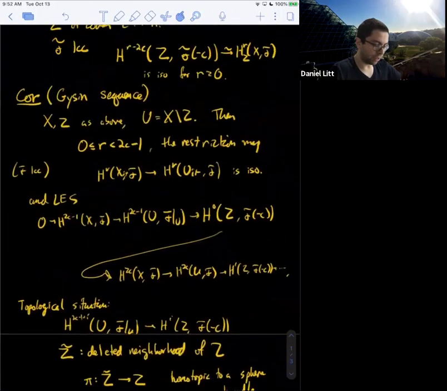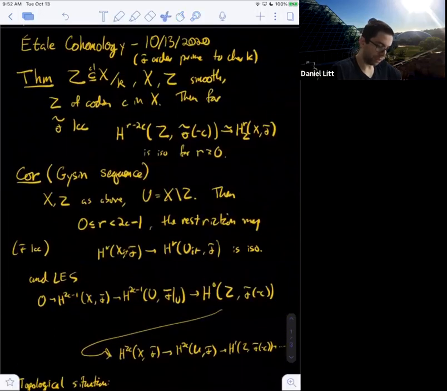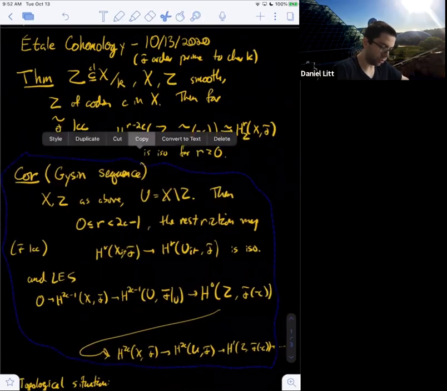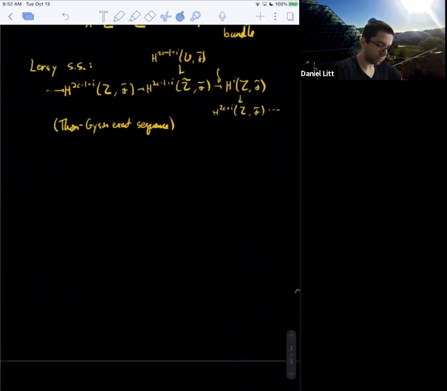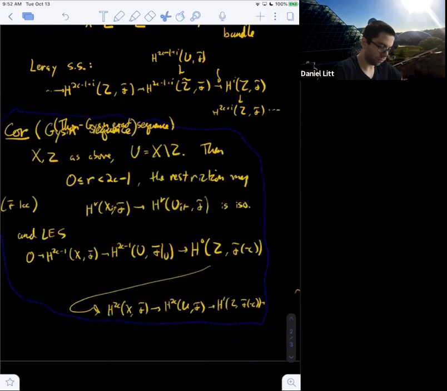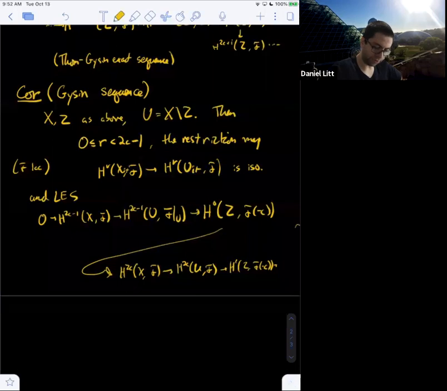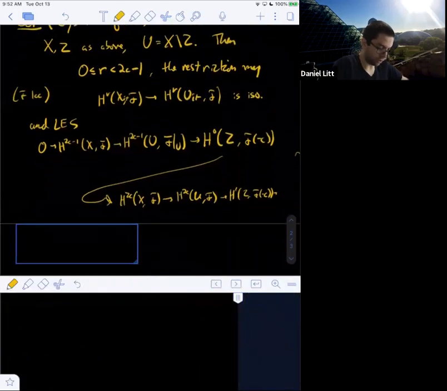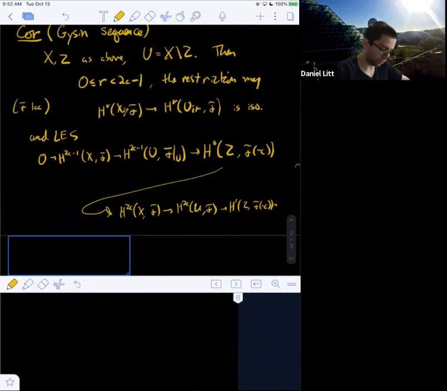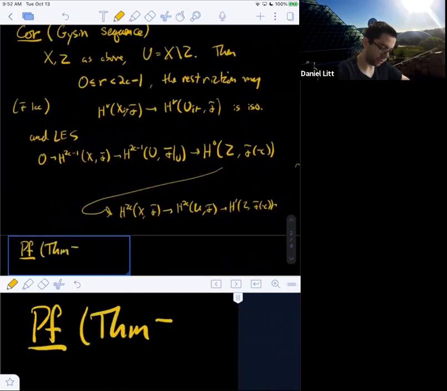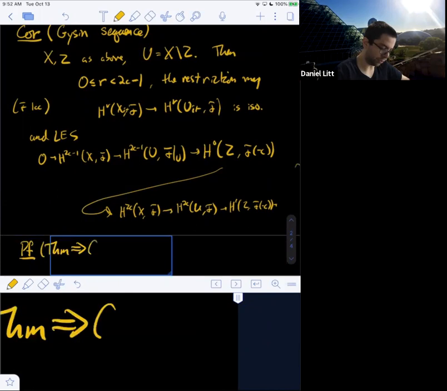All right. If not, let me copy the statement of the theorem down so that we can look at it when we prove it. All right, so can anyone help me? Let's prove that the theorem, purity, implies this corollary above.